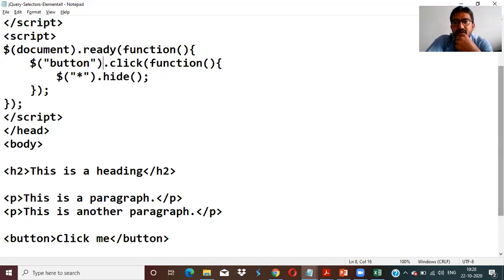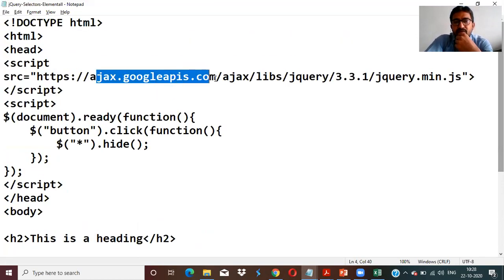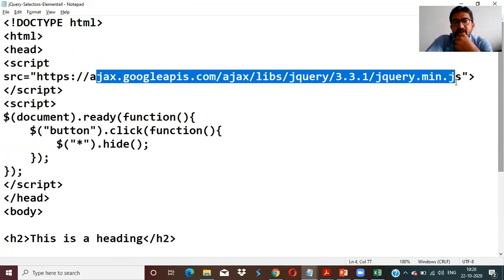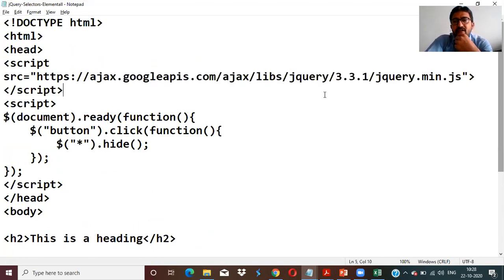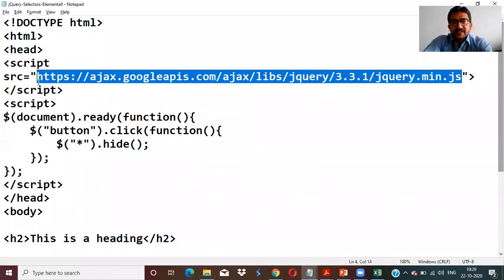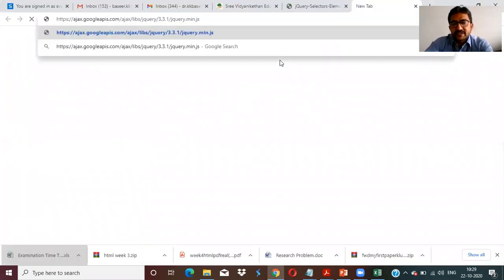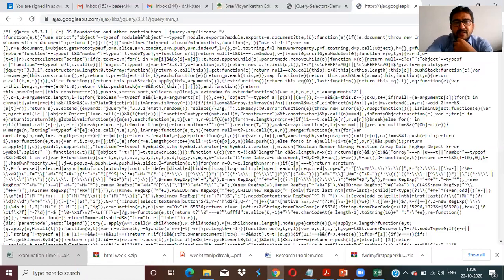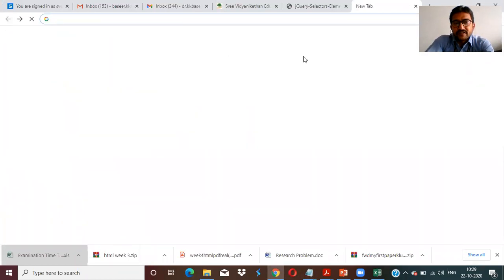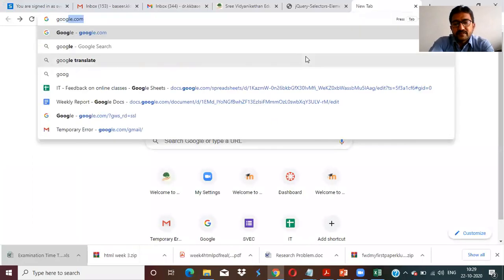But remember, if you don't have internet and you run this program, it will show an error. So please make sure you download it directly. Simple: you can copy this link and download it, so the net is not required every time. I'm just copy pasting here because I already have internet. Make sure you download jQuery from Google.